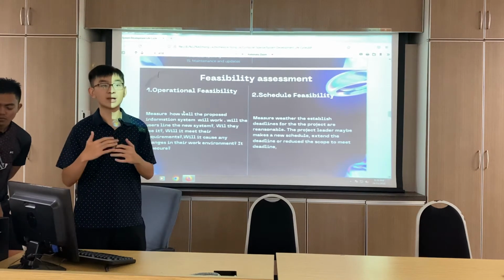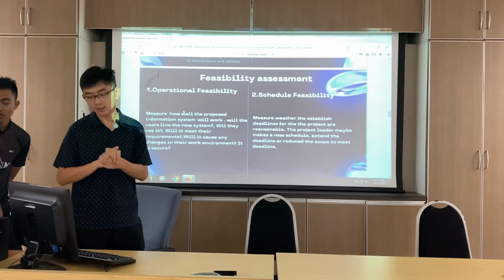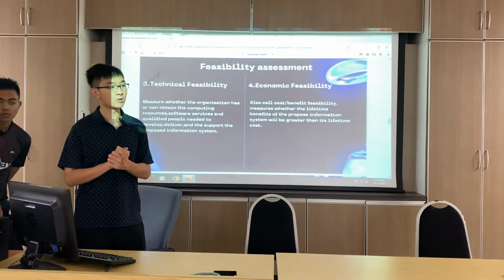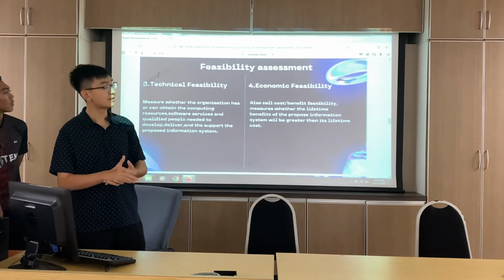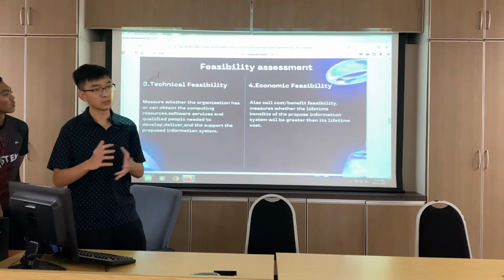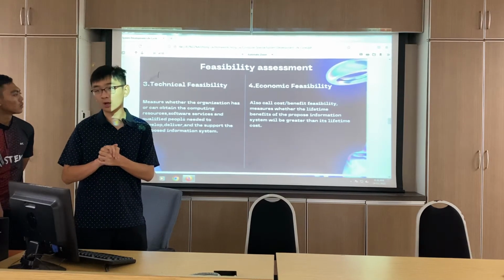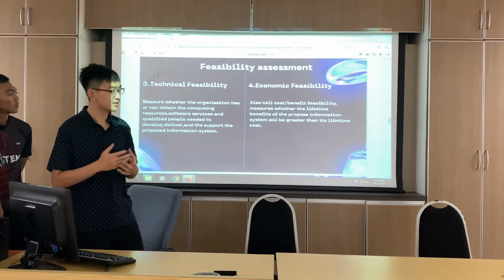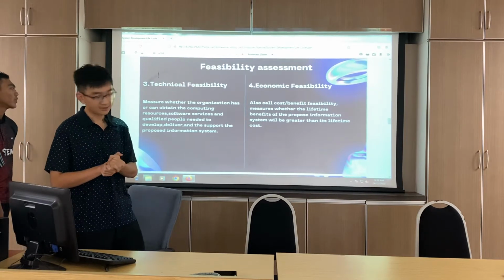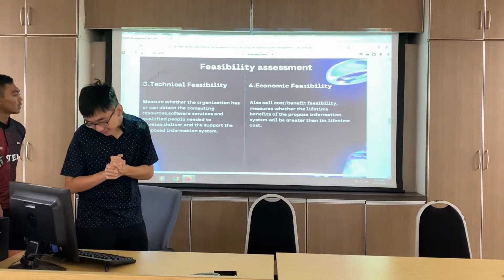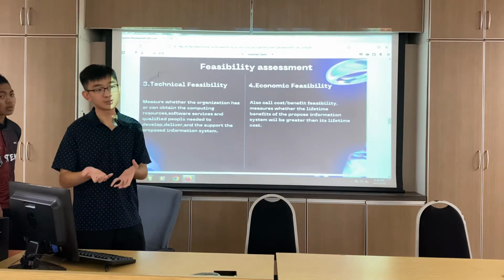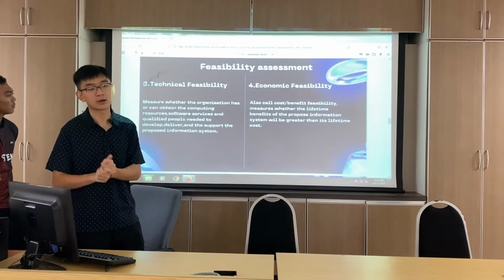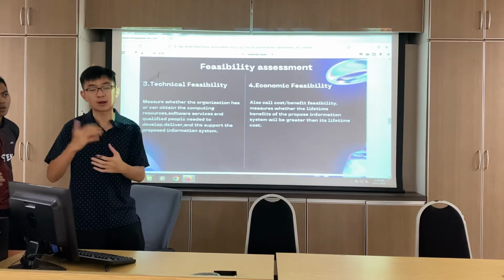The schedule feasibility is about what the deadline for creating this system is, and the time management during its development. Then we proceed to technical feasibility: what kind of software we are using, what kind of apps, webs, and code we use, and what types of web we are going to develop for this delivery and packaging system. And we need to search for professionals or qualified people, because we need the correct people to proceed with their correct roles.